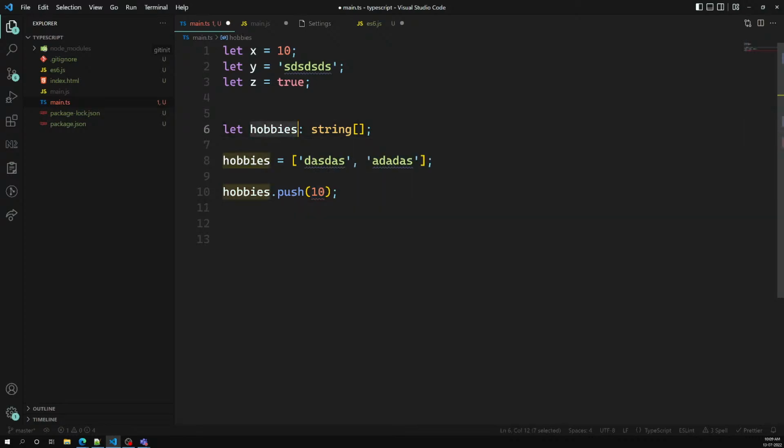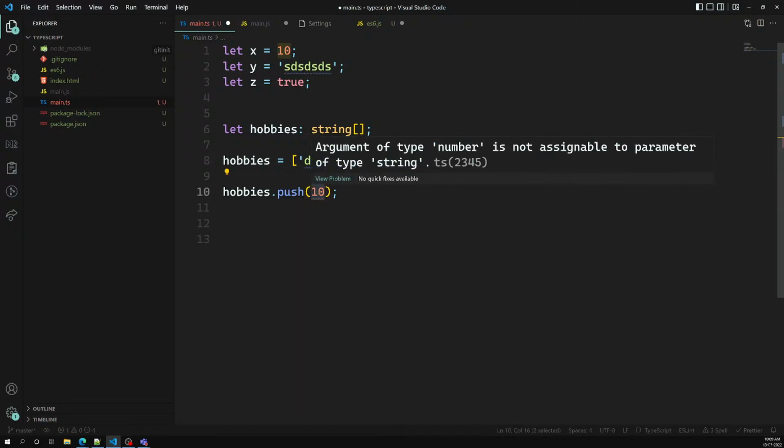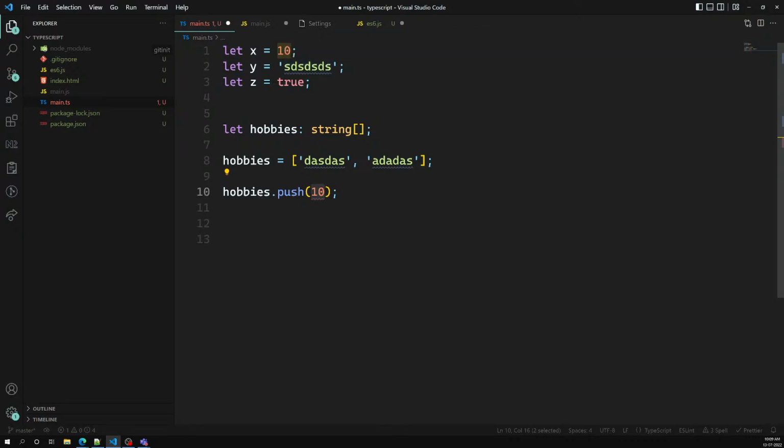So hobbies holds string values, an array of string values, but you are trying to push a value which is not a string, it is a number. So that is the reason TypeScript has thrown an error. So like this we have the type